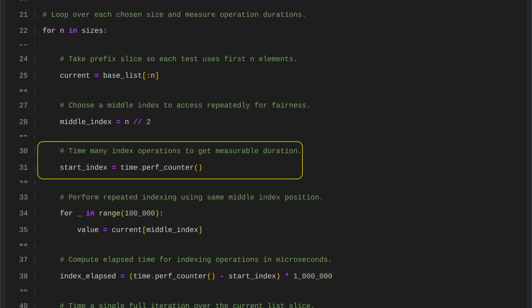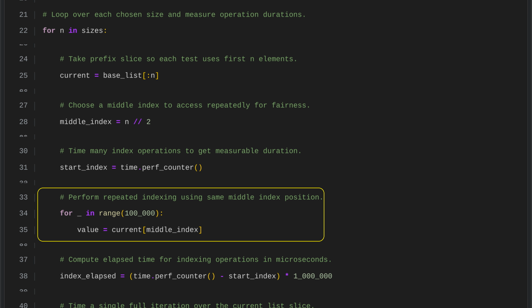of the process. In this part of the code, we repeatedly access elements in a list to measure how long indexing operations take. A loop runs 100,000 times, and in each iteration it reads the element at the middle position of the current list slice. By performing this middle index access many times, we ensure the total runtime is long enough to analyze and compare